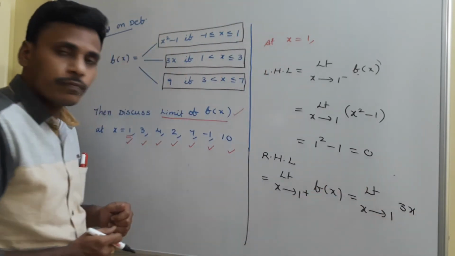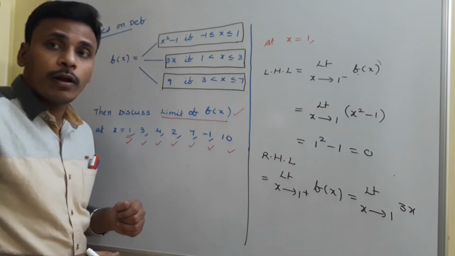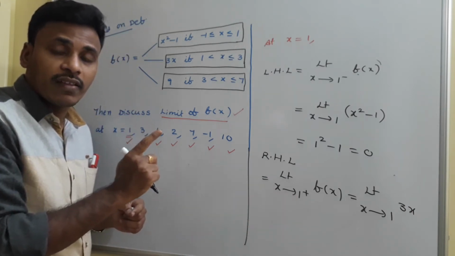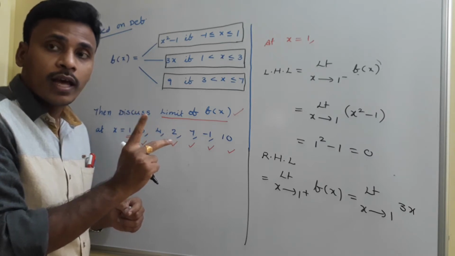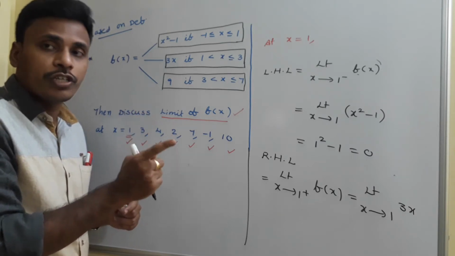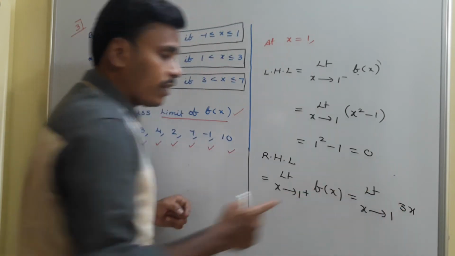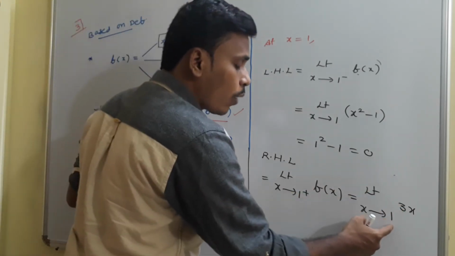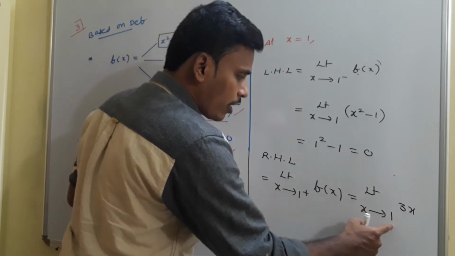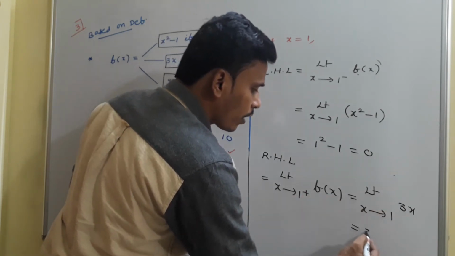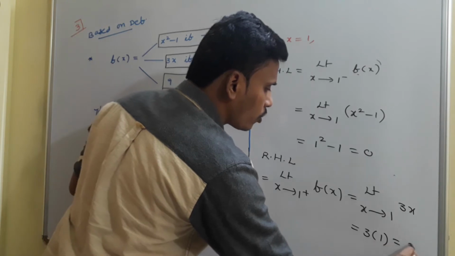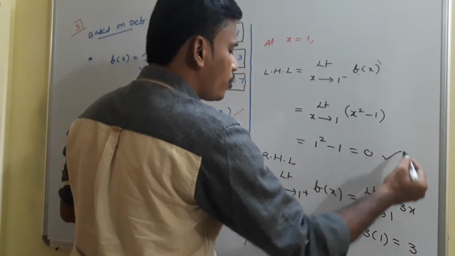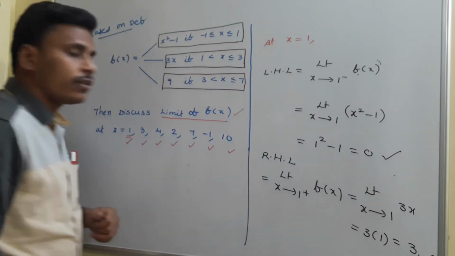Just observe it. Here in x tends to 1 plus, two different aspects are involved. One thing is x greater than 1, the other thing is x approaching 1. x greater than 1, I used in replacing f of x as 3x. But x tending to 1, I need to use now. x is tending to 1 from the right side actually. Now x is tending to 1 and the function is 3x, which is simply 3 into 1, which is equal to 3.